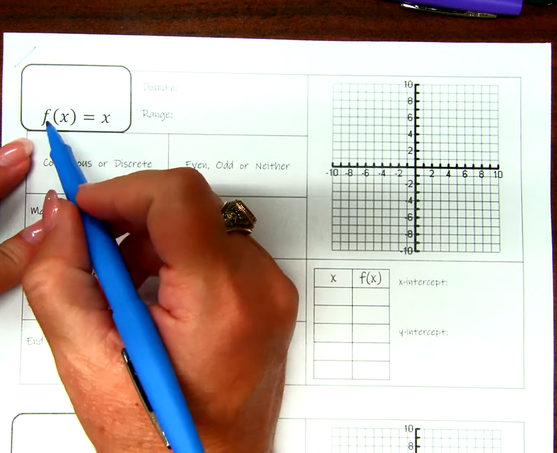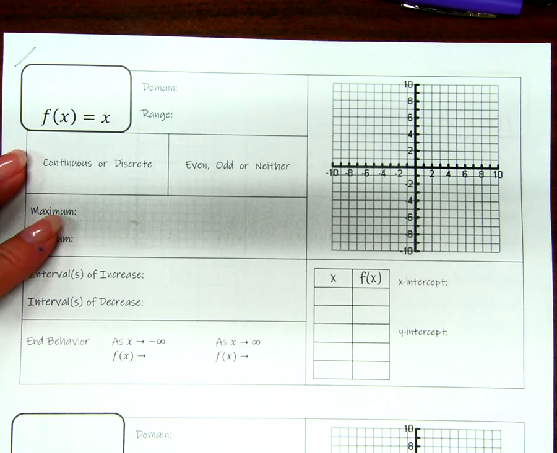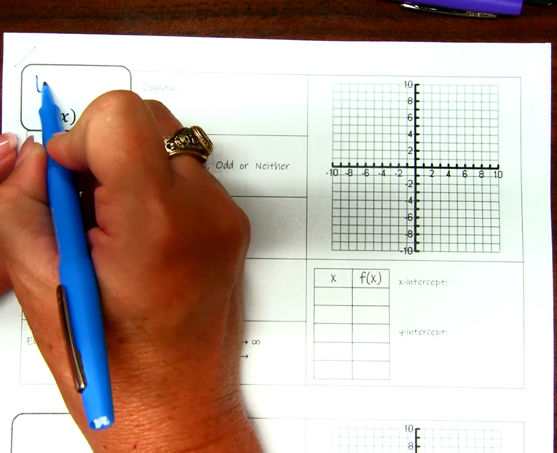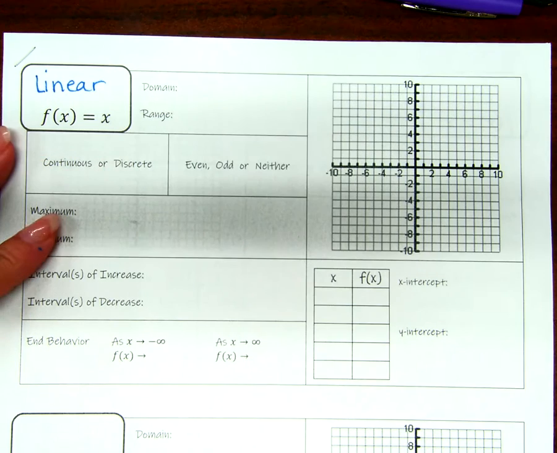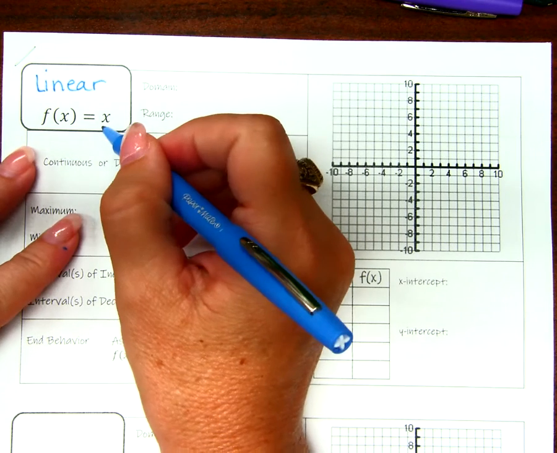So if I say f of x equals x or y equals x, do you remember what kind of function that is? What its name is? That's a linear parent function. Remember, it's a parent because nothing's being added, subtracted, or multiplied to it, and it's like the original shape of